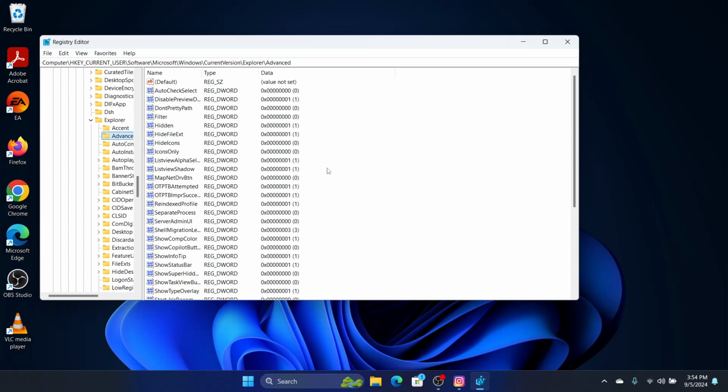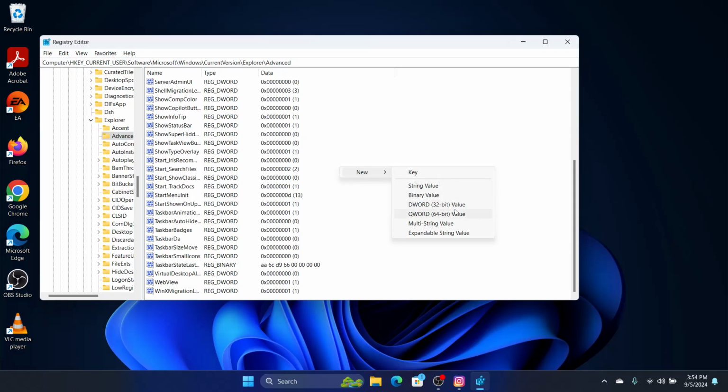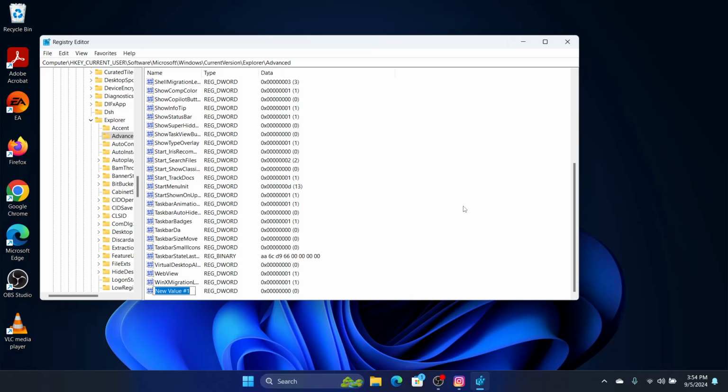Now in advanced, we need to create a DWORD 32-bit value which is EnableSnapAssistFlyout. So if it's not there here, we will create it. Right click, new DWORD 32-bit value, and you need to name it enable. So remember folks, the capital and the small letters should be the same. Enable, E is capital, snap, S is capital, assist, A is capital,